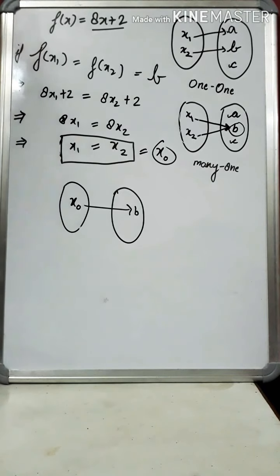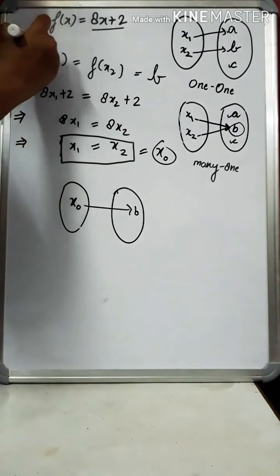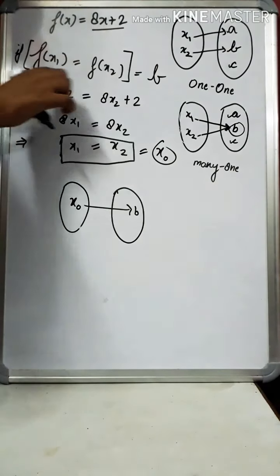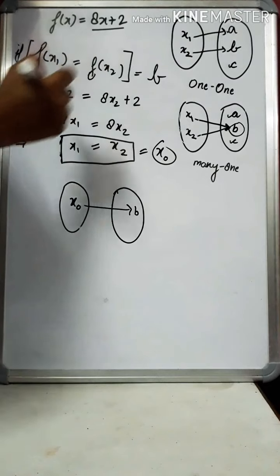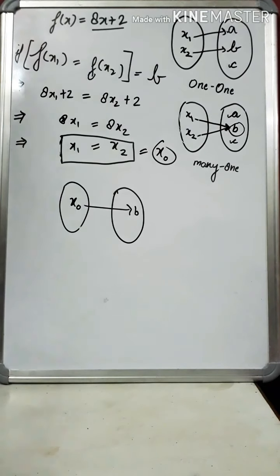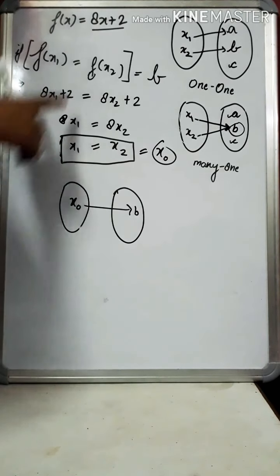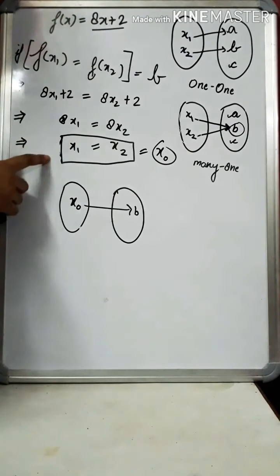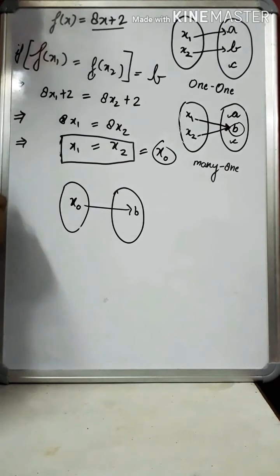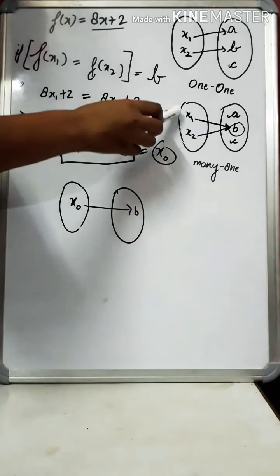for every function. Alright, so I hope this is clear to you, and now I hope this is also clear to you why we picked up this statement. This is because we are taking an assumption that our function is not a 1-1 function but a many-one function. And then what we did, we tried to prove that our assumption is true. But later what came out? For this function what came out? That our assumption is not true. Alright, means these are not two distinct elements.